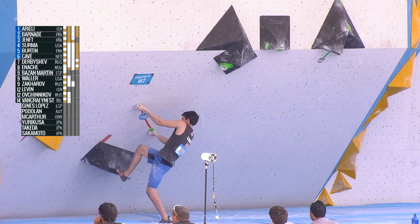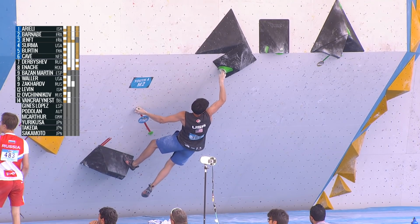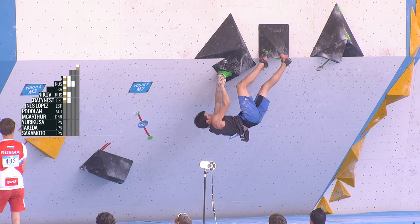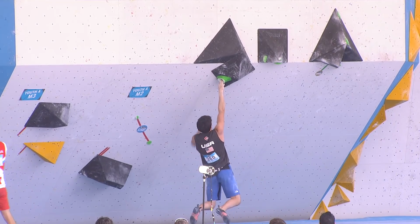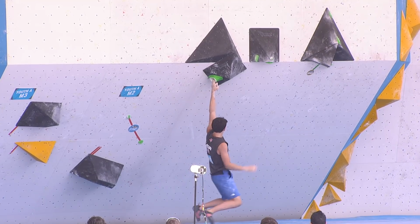We've currently got two climbers, Arieli of Israel and Eric Barnabé of France, with two tops. They are the only climbers with two tops, but all the way down to sixth, climbers have got a top. Just that top alone moves Louison into fifth. Sadly for him, with so much of the semi-final to go, I don't think...